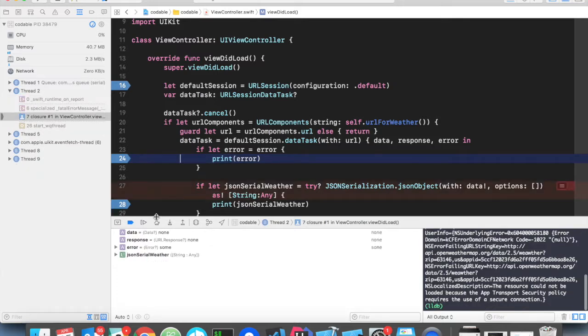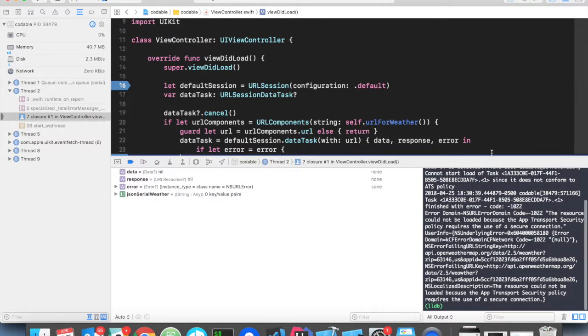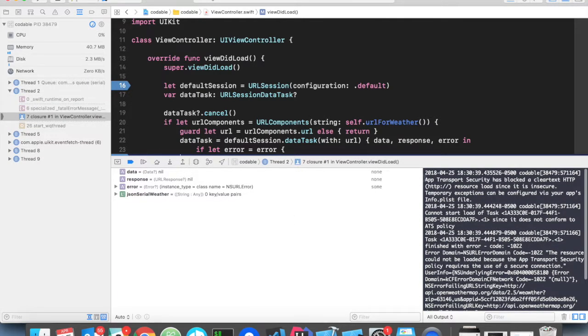All right, so important note here is, are you guys familiar with this error right here? App Transport Security has blocked a clear text HTTP resource. I don't know if you ran into that issue when you were working with any APIs. Okay, so this issue right here is